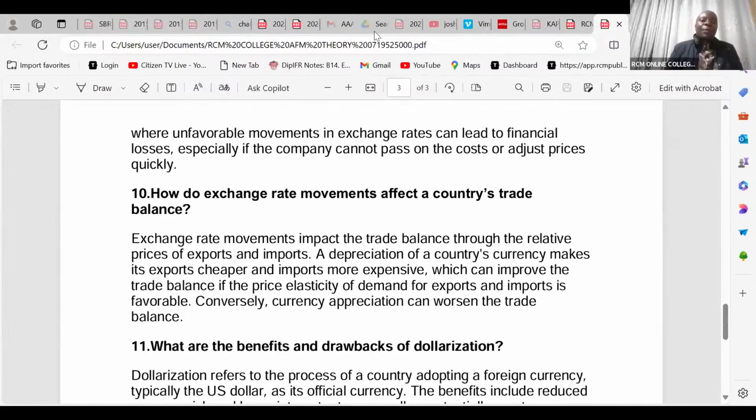And you told me, ladies and gentlemen, you guys are right. You told me, Mwalimu, when the Kenya shilling, for example, depreciates, who are normally happy? When the Kenya shilling depreciates, like we have 160, 170 Kenya shillings per dollar, exporters will always be very happy because they're exporting goods, getting dollars, and then they come and find the dollar price in Kenya being high, being good. They feel good. But this concept of balance of payments can only impact you favorably if you are a net exporter. If you're a net exporter and your currency is depreciating, then that is very good. But if you are a net importer and you are so fixated